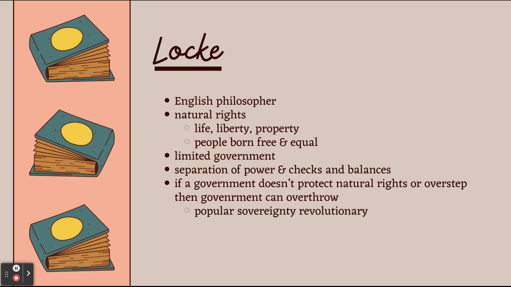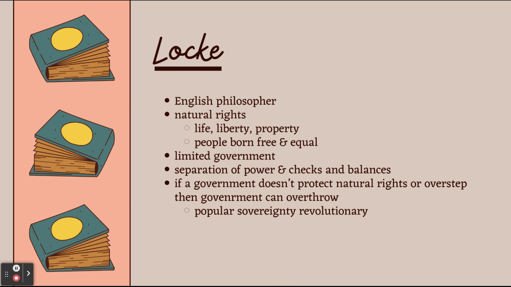When Thomas Jefferson and the rest of the committee went to form the Declaration of Independence, they reflected on this concept of natural rights. However, instead of defining it as property, Jefferson defined it as the pursuit of happiness. So he didn't necessarily believe that all people should have the right to property, but he believed that people should have the right to be able to establish a life where they could own property.